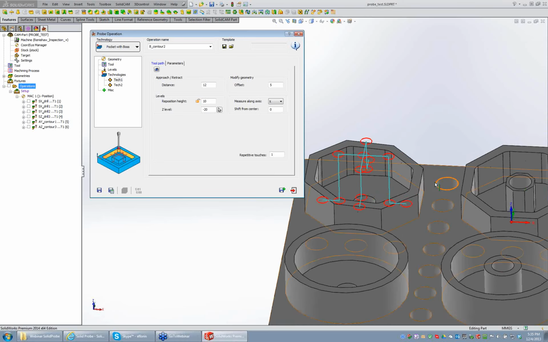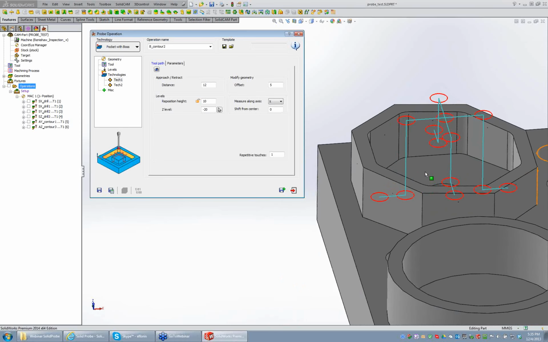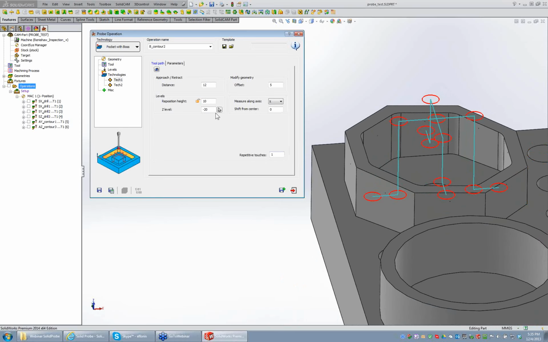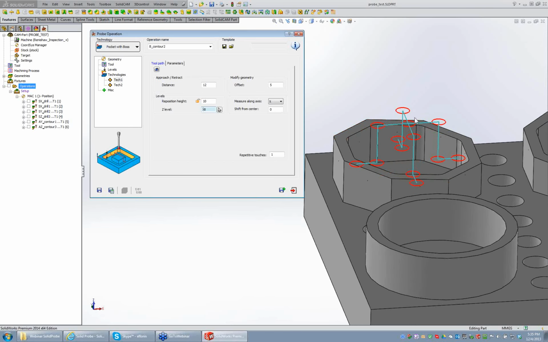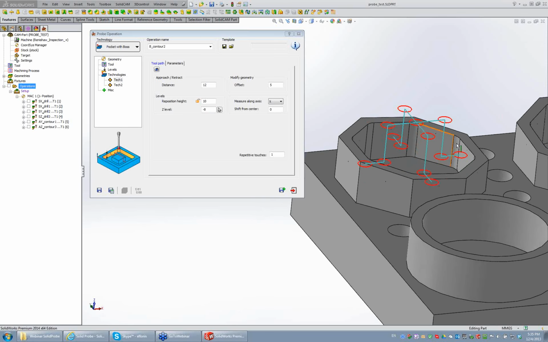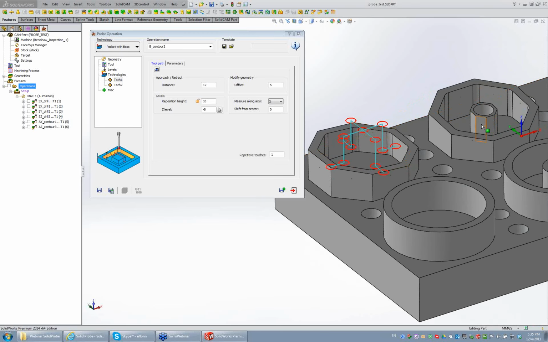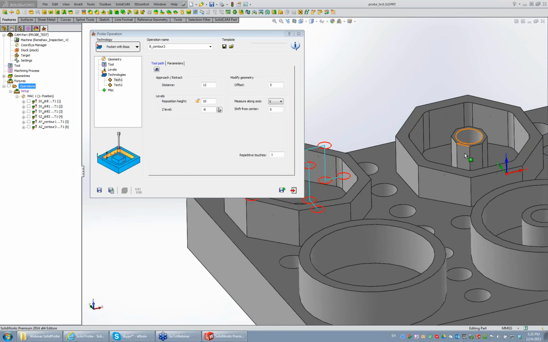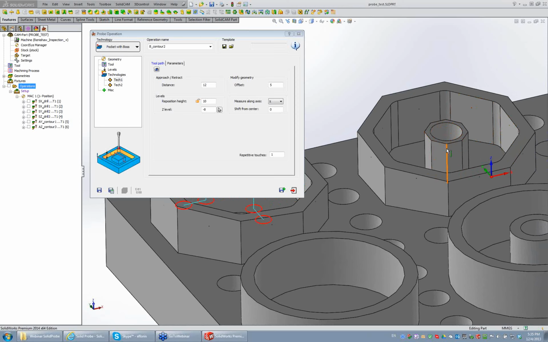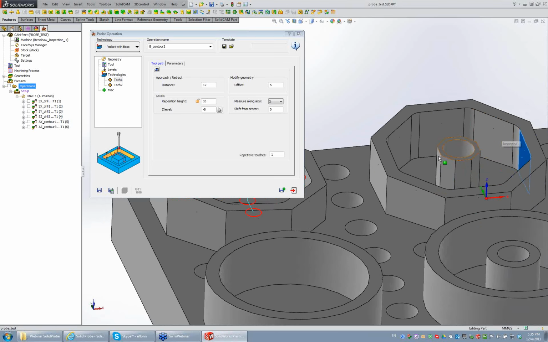Pocket with boss will give us this kind of movement. Let's go up with the touch point. The probe will always go to the clearance level, go down, touch, back to the clearance level, and to the next point, down and touch. It will always go to the clearance level because take the example of this entity here. If I want to measure